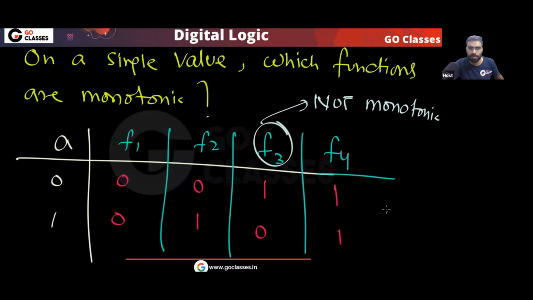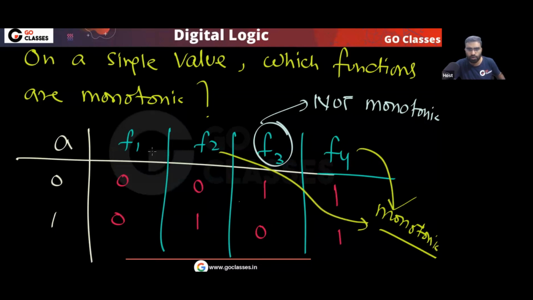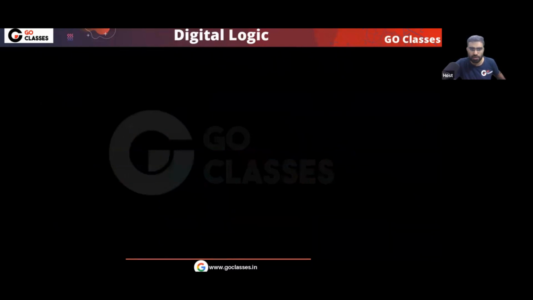The remaining are monotonic. For example, this f4 is monotonic. I can say this f2 is also monotonic, and this f1 is also monotonic. But you can see this f3 is not monotonic. If I give you this function f(a) that is equal to a complement,